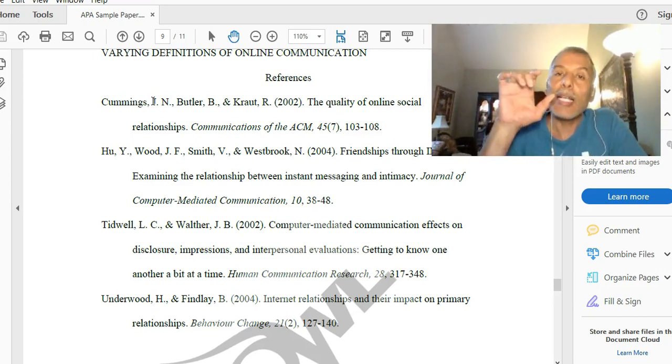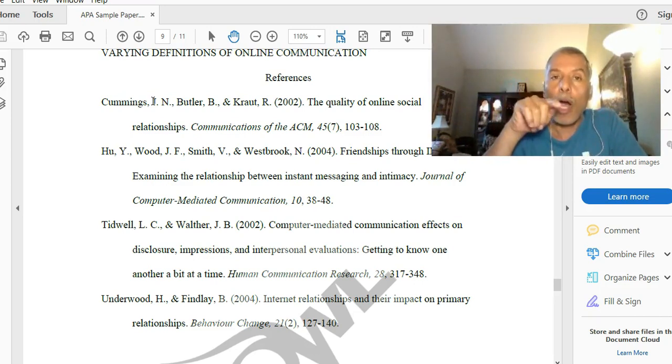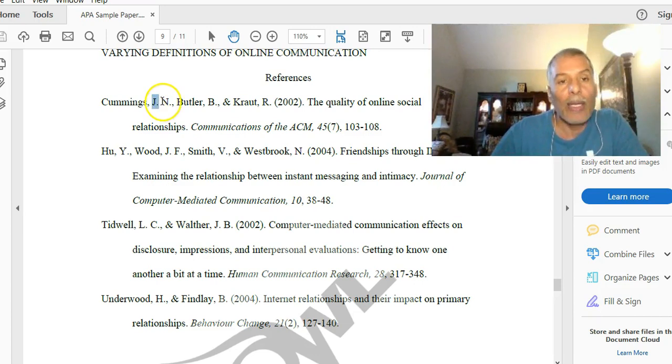We only use the last name, and then you put a comma, and you put the initial, the first letter of a first name and the middle name. So Cummings, comma, J, period, and then N, period, and then comma, and you say Butler,